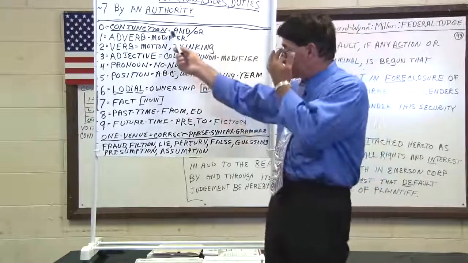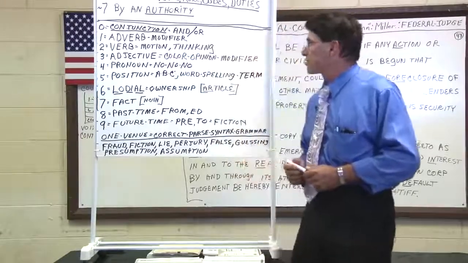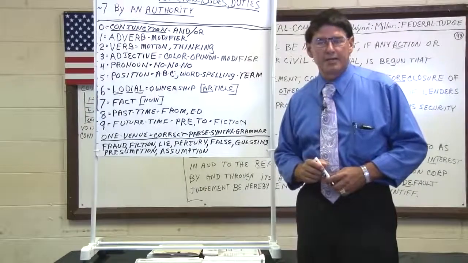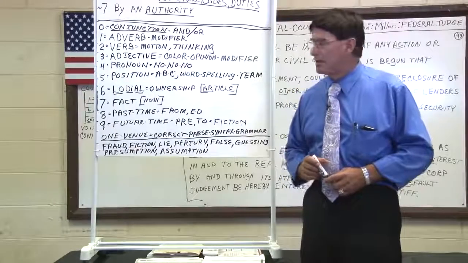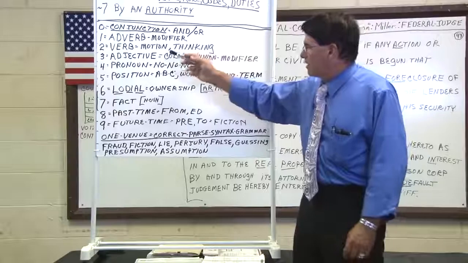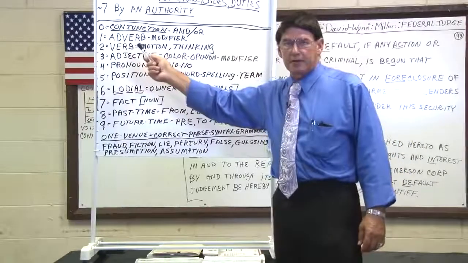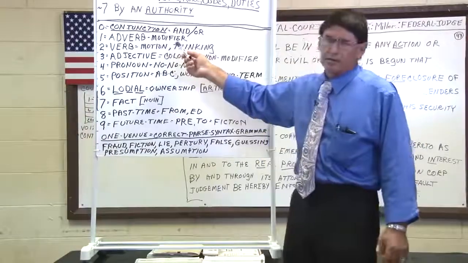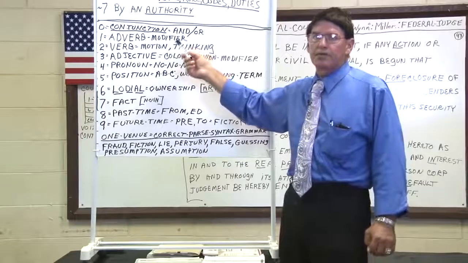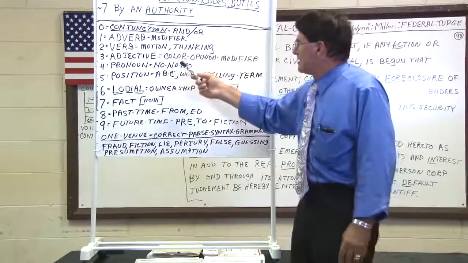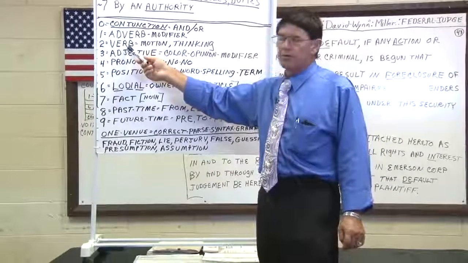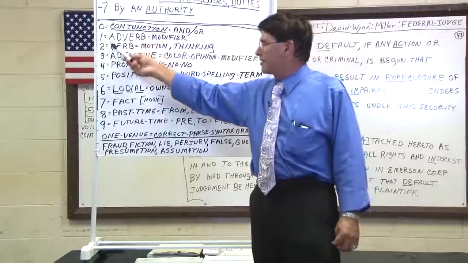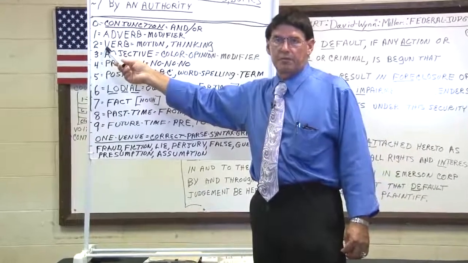Now we use 0 as a conjunction, and there's 2 conjunctions in the English language. And is a command, and the word or is an option. Now the word, the adverb, we gave a 1 because the adverb is used more than any other word, and the adverb is a modifier. It modifies the speed of which something is going to be modified at. Now the adverb will modify a verb, which is thinking or motion. So when you have a 1 in front of a 2, it's an adverb creating a verb.